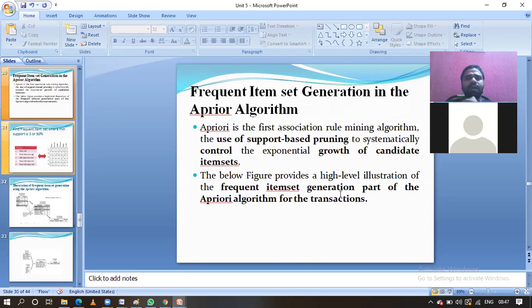Normally, guys, in this Apriori algorithm we mainly use support-based pruning. Based on the support count, we are going to reduce the number of items, and grow the candidate item sets based on the support counts. How are we going to generate the candidate item set? Let us see. In the exams, guys, they will ask about association mining with the help of candidate items. That means you have to write about the Apriori algorithm, guys. In the Apriori algorithm we use candidate item sets.